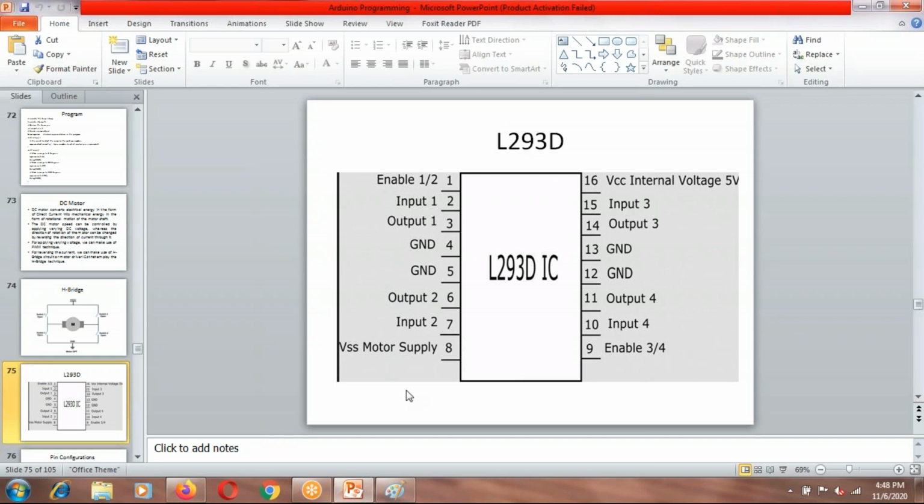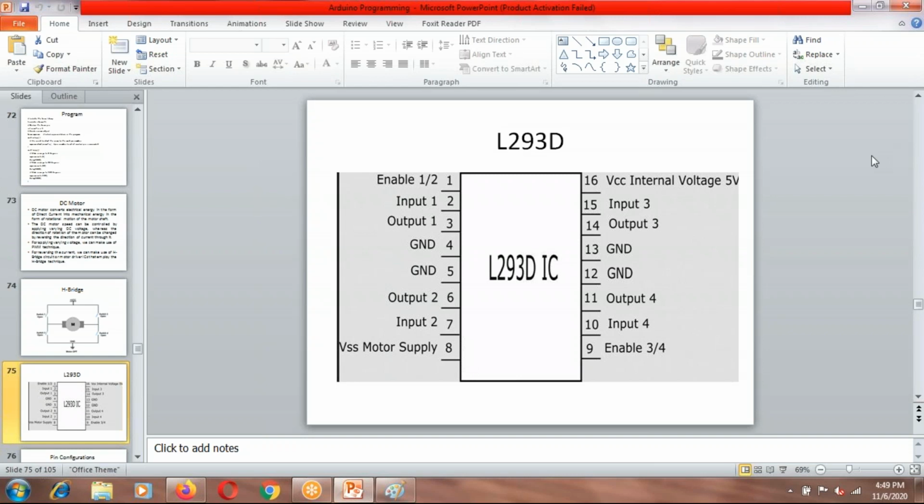Maybe you can connect a 9 volt battery over here, whatever the rating of the motor is, to pin number 8. The voltage at this pin is then given to the motors. Is that clear now? What is the use of this L293D?